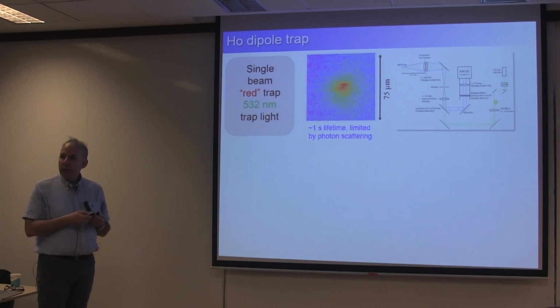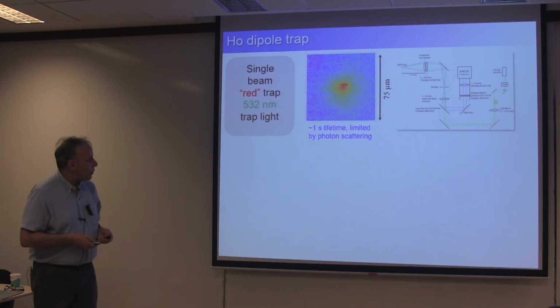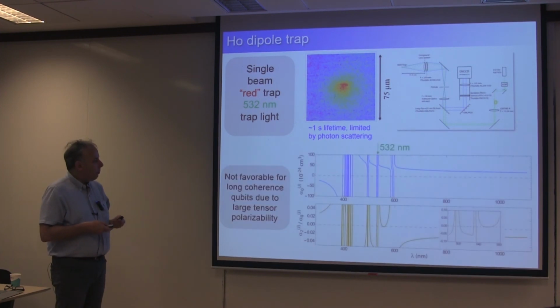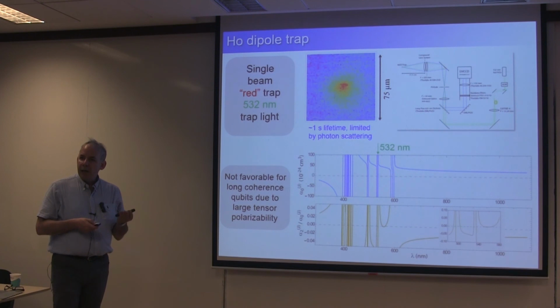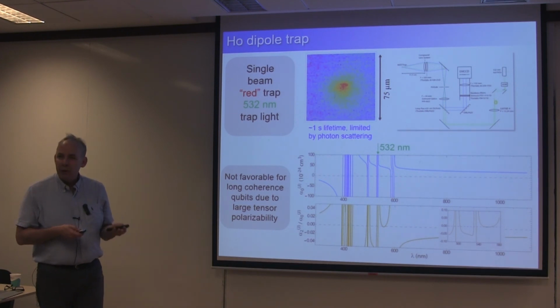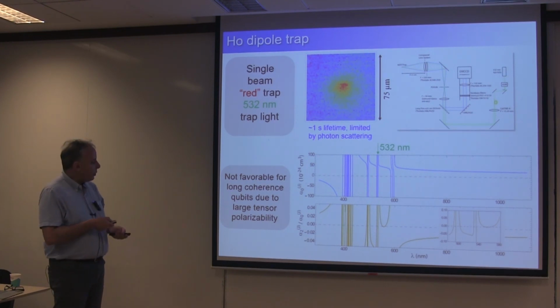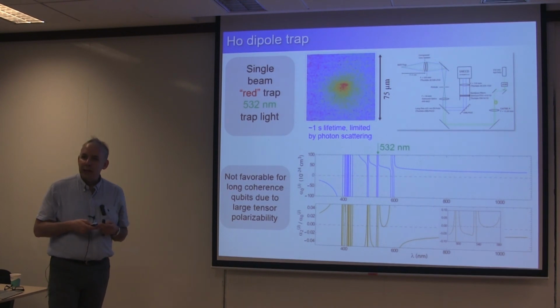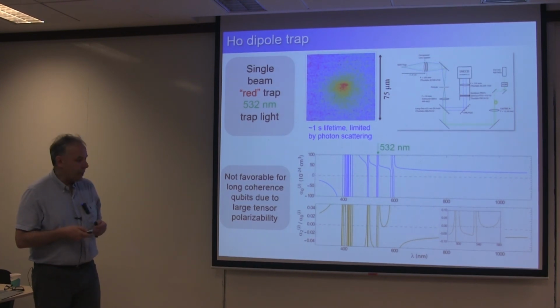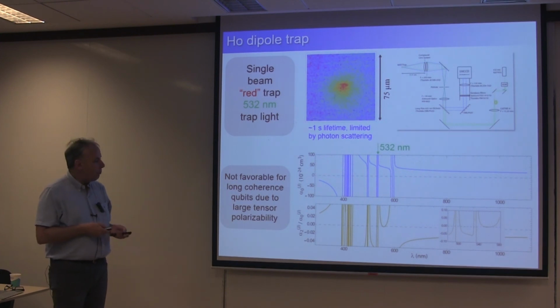And yes, we can dipole trap these atoms, but it turns out dipole trapping is not so great in the lanthanides for quantum information because there's too much angular momentum. The ground state, unlike the alkaline earths or alkalis, is a large value. So holmium has J 15.5 in the ground state, and so there's a lot of tensor polarizability. And that tensor polarizability means you're going to get different light shifts on different qubit levels, and it will give poor